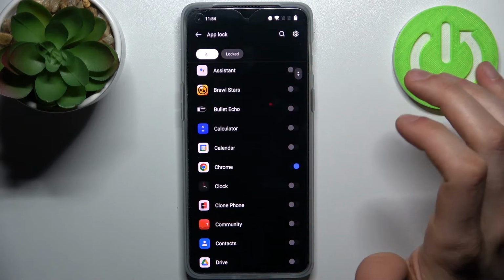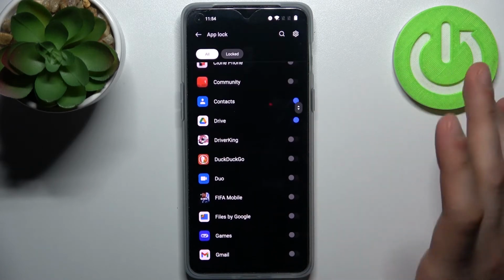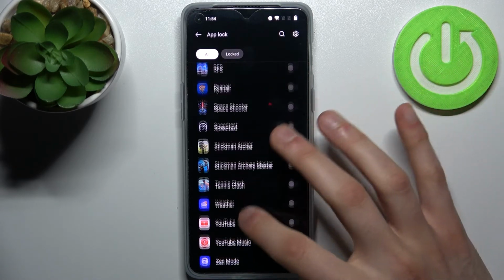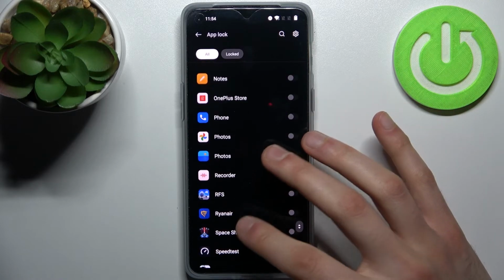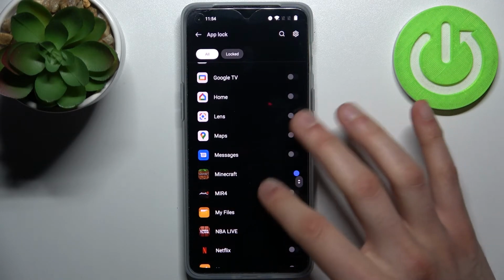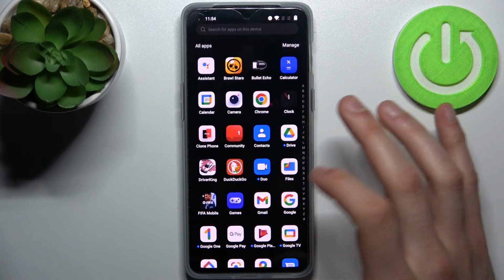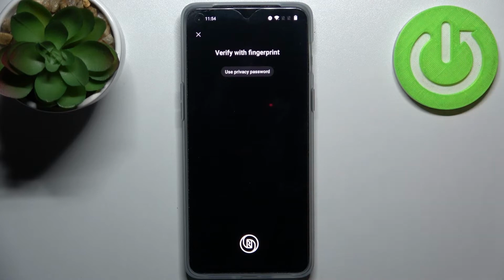So let's lock, for example, Chrome, contacts, Drive, and something you want to hide from someone else. Minecraft for sure. So now let's try to open Chrome, and as you can see I can't access Chrome without my privacy password